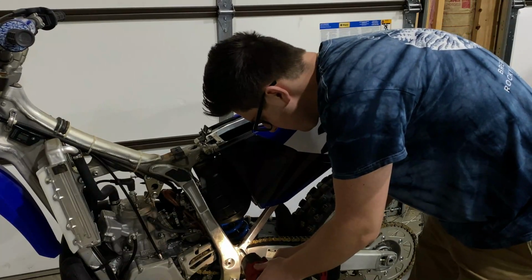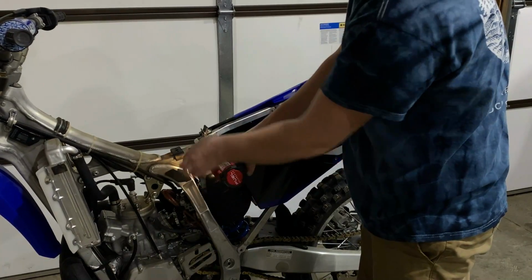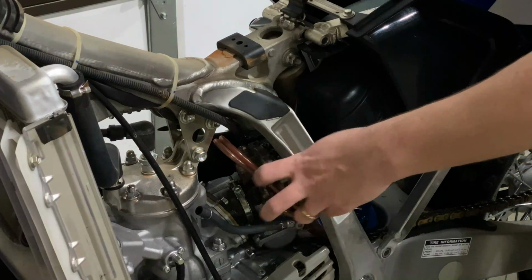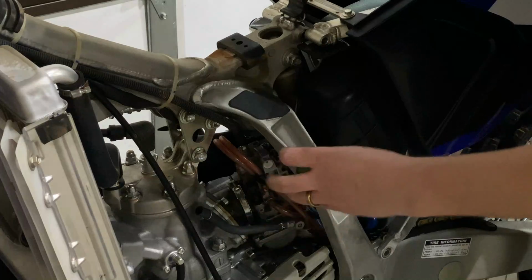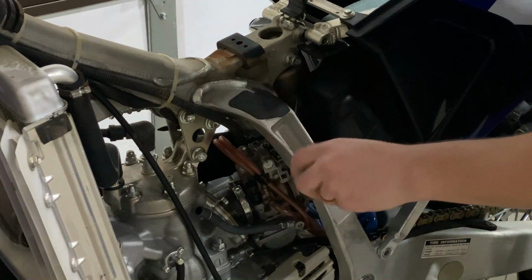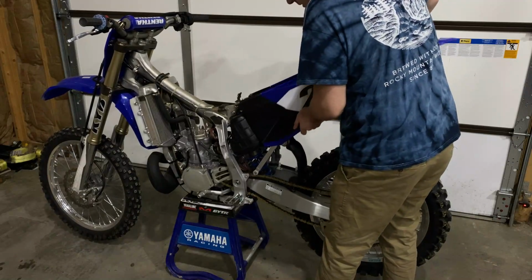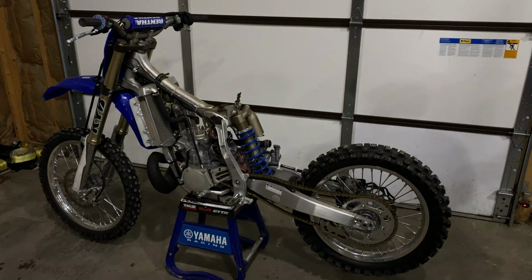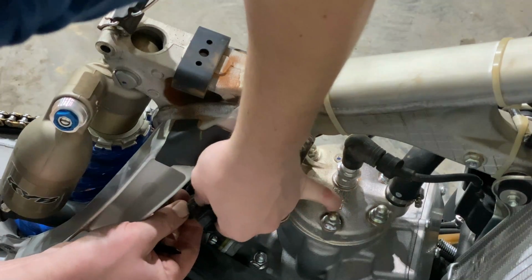subframe. I know some people just flip the subframe up, but it's just 1 extra bolt, and I hate fighting with the exhaust whenever you only pull the side bolts, so I just go ahead and pull the whole thing. Got a Phillips head on the boot and pull the entire subframe straight off with the slip-on silencer and everything. Super easy. Now we're going to go ahead and disconnect the throttle position sensor plugs